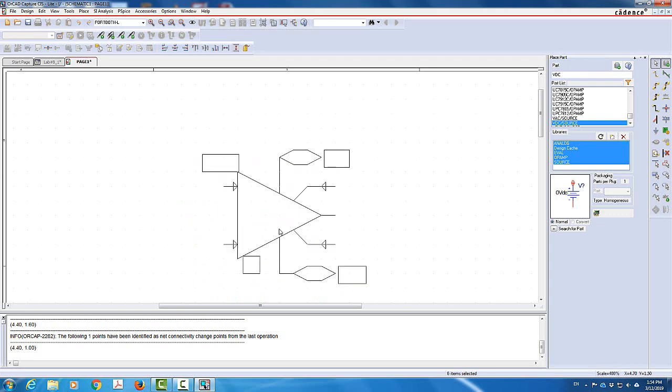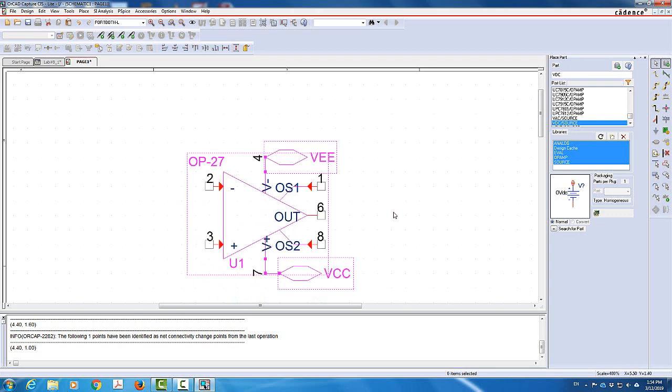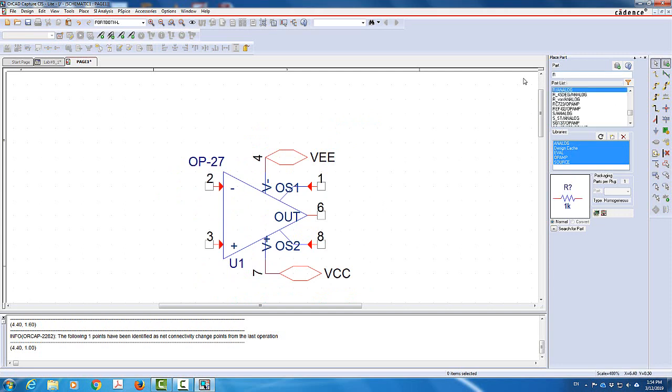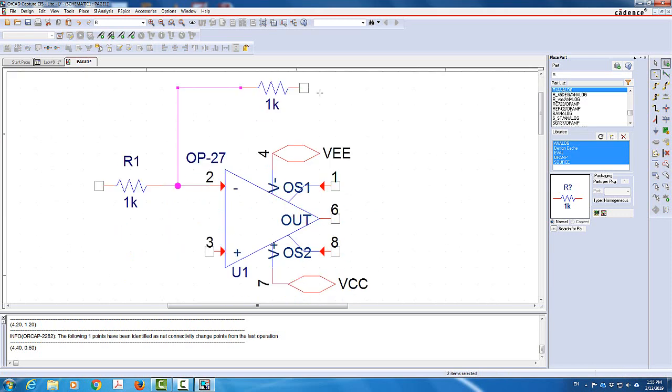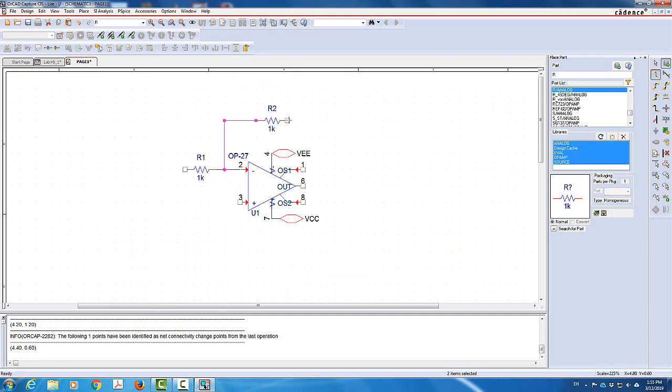To draw the remaining part of the circuit, I'm going to have a resistor R. This is gonna be R1. R1 is gonna be connected to the inverting input, and then I will have R2 connected through the feedback. Now I'm gonna do the wiring for that. I'm gonna connect R1 to the OP-AMP and R1 to R2, and also let me zoom out a little bit. I will connect R2